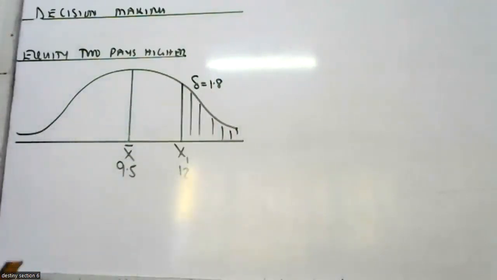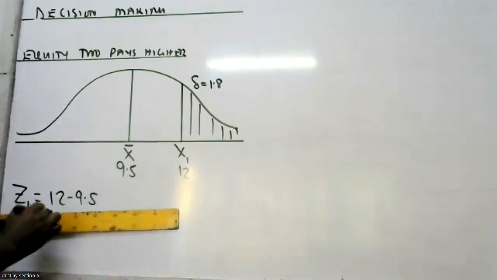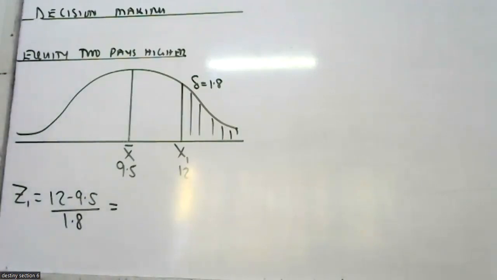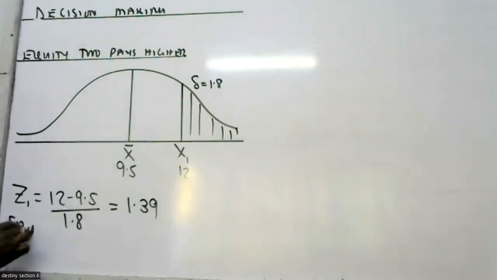Anything above 12. So quickly, our Z1 should be 12 minus 9.5, you divide by 1.8. That gives 1.39. So from the tables,